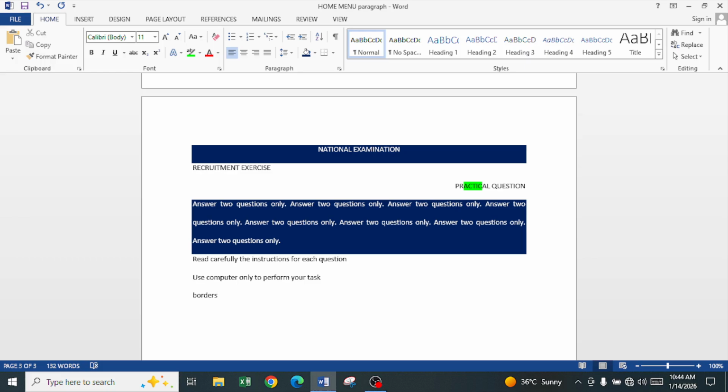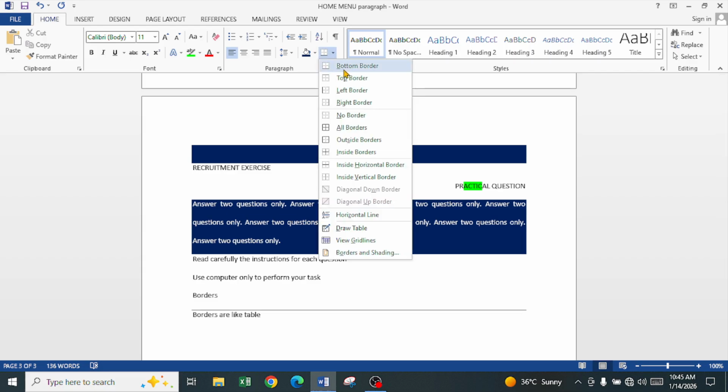So the next thing we are going to look out is border. So what are the borders? Borders are like table. So I want to give a border line to this line of text or sentences. Okay, so you click on this to take from the list of options. I have bottom border, I have top, I have left, I have right, no border at all, or all border, which means up, down, left and right, outside border, inside border when you have multiple of text,